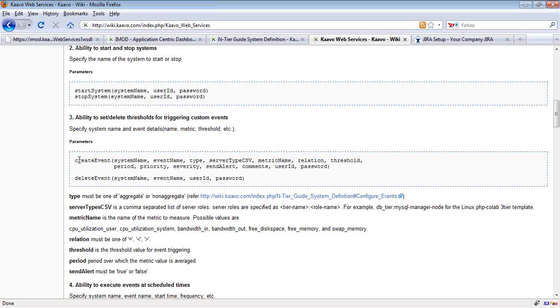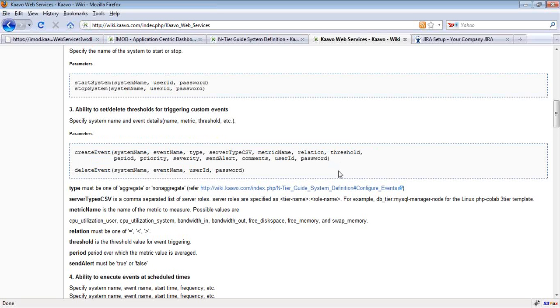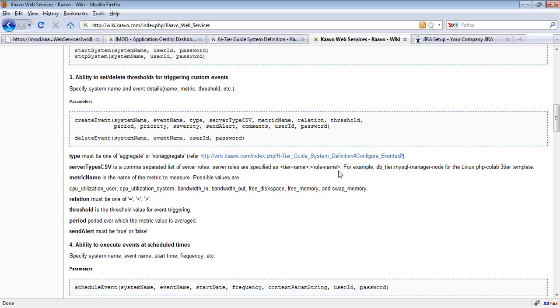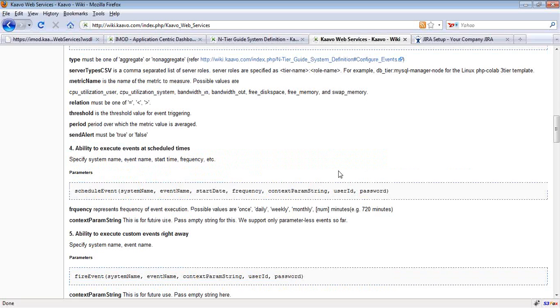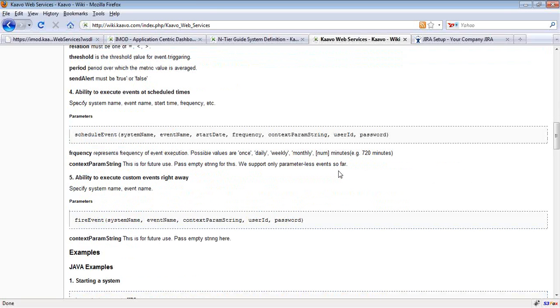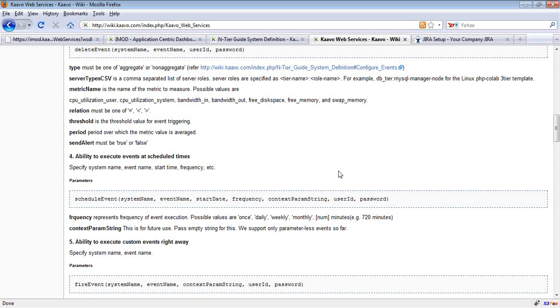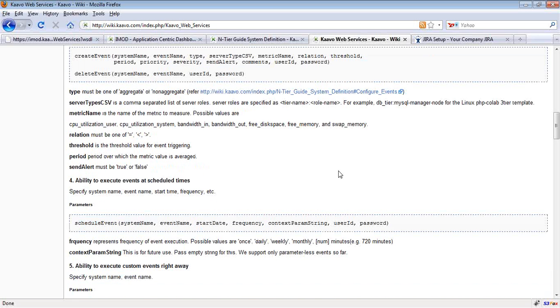So this is the create event API that does that, but I could not demonstrate this one in this webinar because it is a little more complex than the examples I already demonstrated. I just want to add here, for the event trigger API, what we are doing is setting a threshold for the monitoring system to automatically trigger the event. In the tutorial today that Joydeep was covering, we fired an event by calling an external API. Then we also covered how to schedule an event.